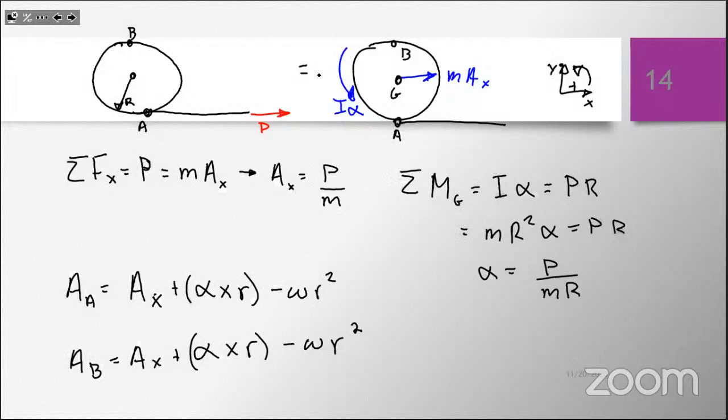Because remember, with rigid bodies, if I know the velocity of one point on that rigid body, I can find the velocity of all other points. Okay? One of the main things that you use with P,